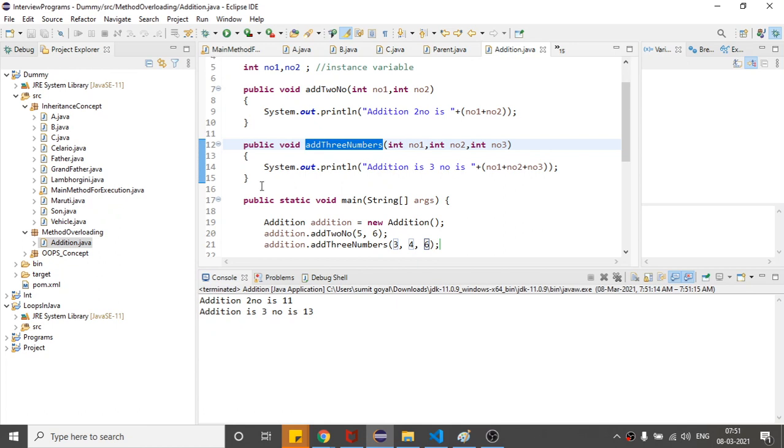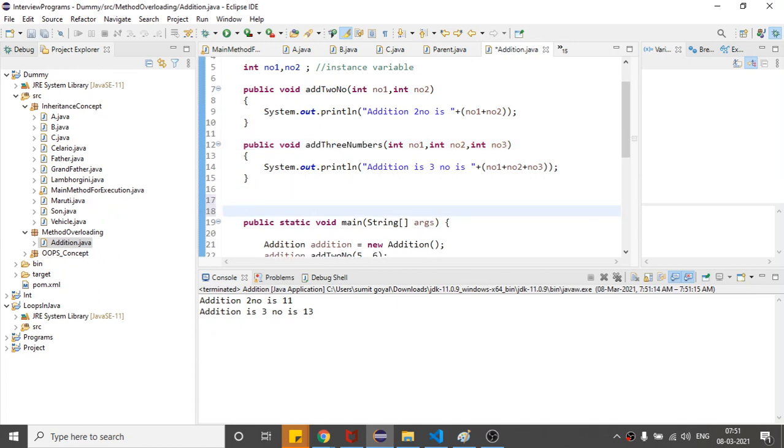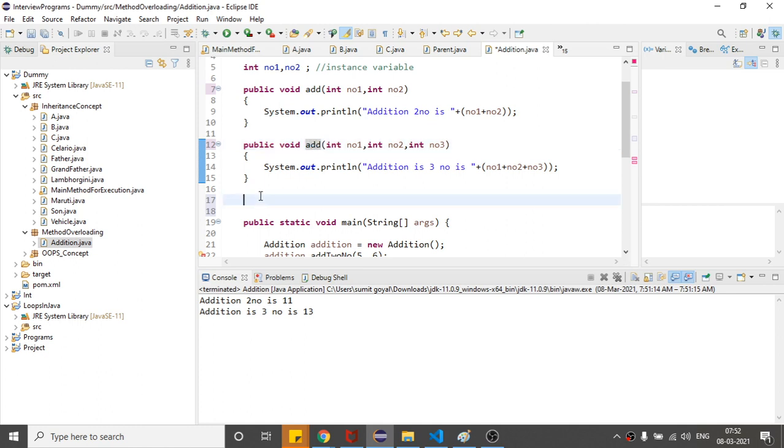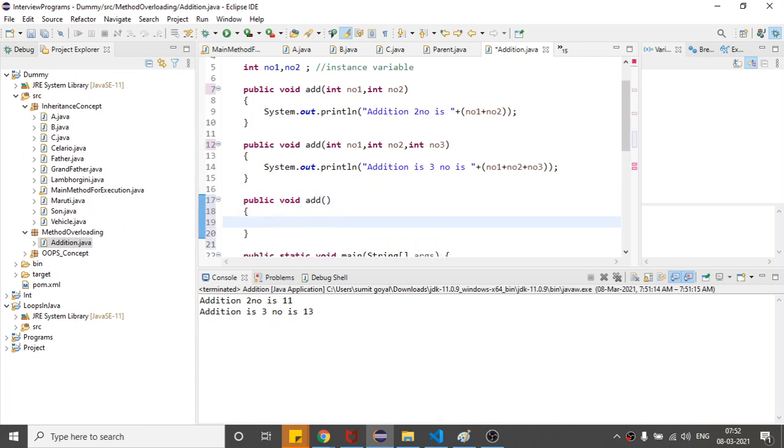So what I will do, I will simply keep the method name the same. I know that I need to perform addition here, so I will name it add. And if I need to add 4 numbers, public void add, again I will use the same method. But as I know that here I need to add 2 numbers, I will pass 2 parameters.